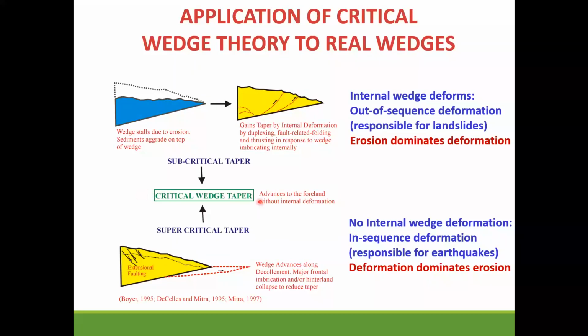Then you have a critical stage where it's exactly moving like the dirt along a bulldozer. The bulldozer pushes the dirt along the road. And then you have the third stage where your wedge is lengthening and becoming longer and you're breaking new faults. When the first occurs, erosion is dominating the deformation. When this occurs, deformation is dominating the erosion. Typically, when this occurs, you get large earthquakes. When the internal deformation occurs, you basically get